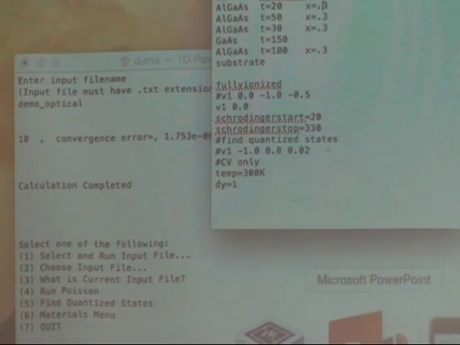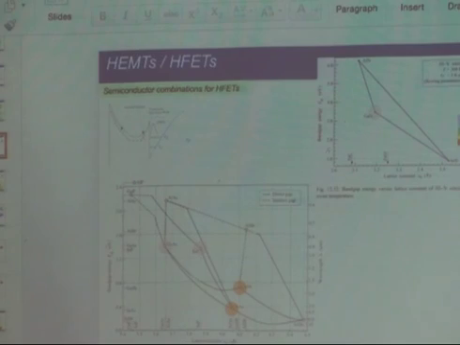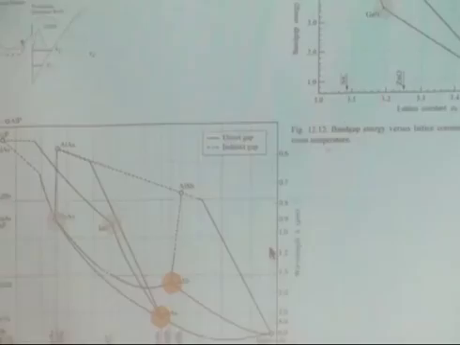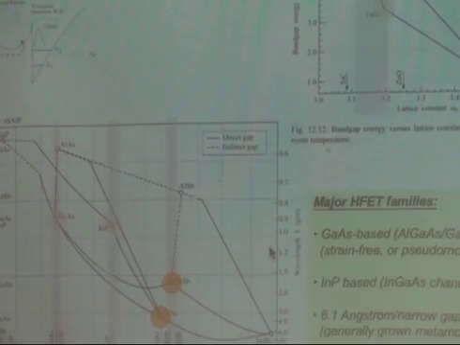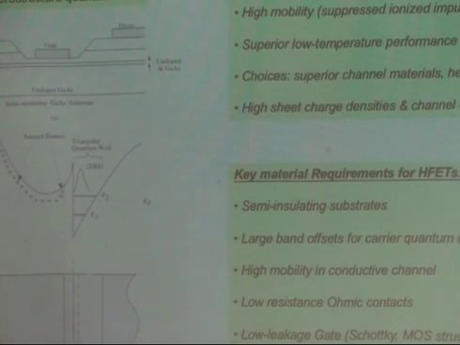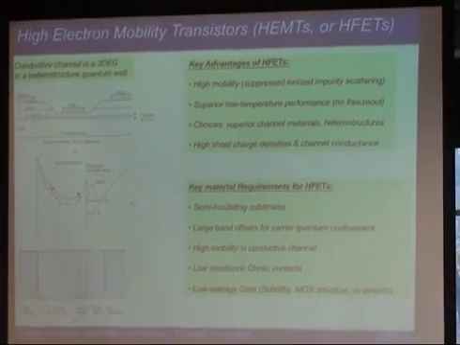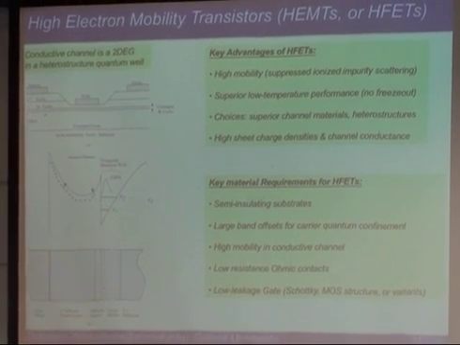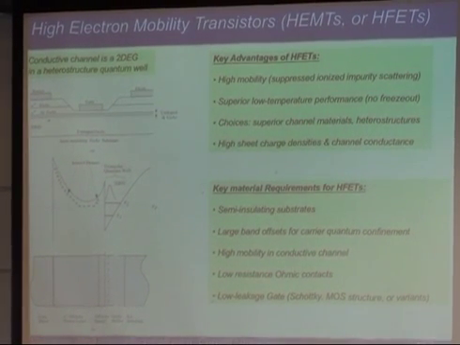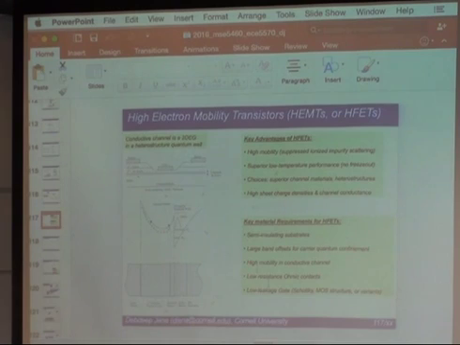So going back again, what I want to do now is create the HEMT. And if you remember, we had discussed the purpose of each of these layers in a HEMT in the last class. Let me just make sure which one we were looking at. Yeah, this is the one we're looking at. You see, there's going to be N plus aluminum gallium arsenide and all that stuff. So we're going to just put dopants in, and what we could do is analytically calculate it and then compare it with what the model tells us. Okay, so just as an example, we start with